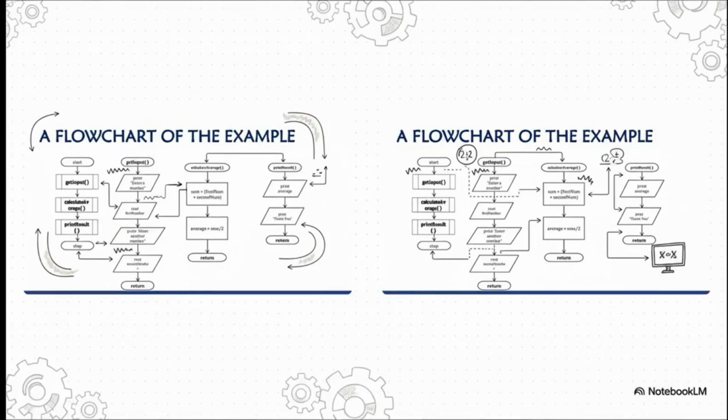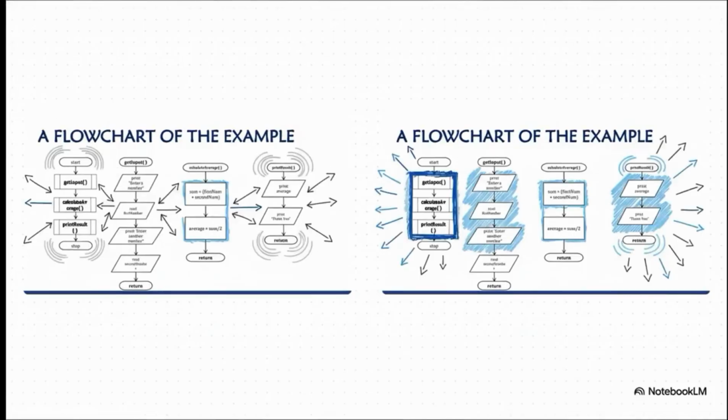So we're back in the main program. What's next on the list? Call calculateAverage. And just like before, you can see the flow of control jump over to that module. It does its single focus job. Add the two numbers, divide by 2. Simple. Then it hits return, and control snaps right back to the boss, bringing that shiny new average value with it. And now for the final step.